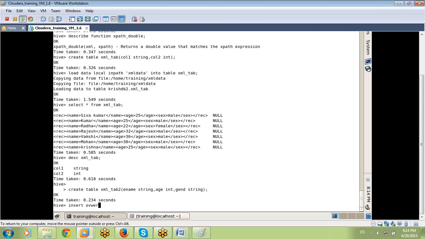Insert overwrite table, name XML underscore tab 2, select. Yes, tell me friends. Tell me the XPath string, this is the function we are taking. XPath string. Now you tell me what I want to do.